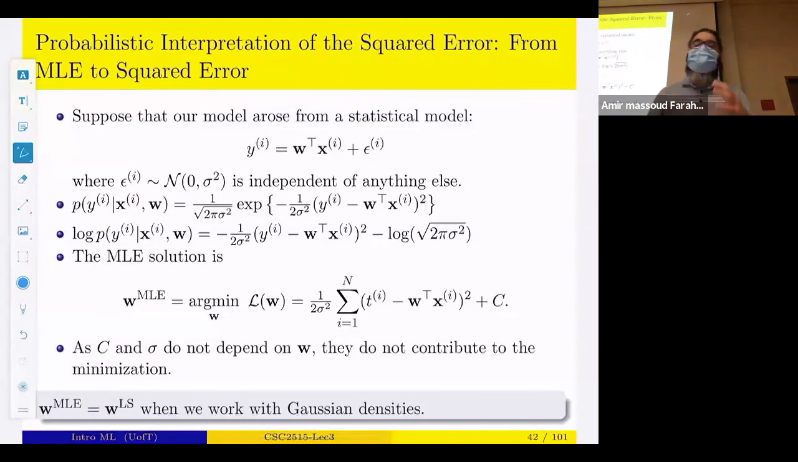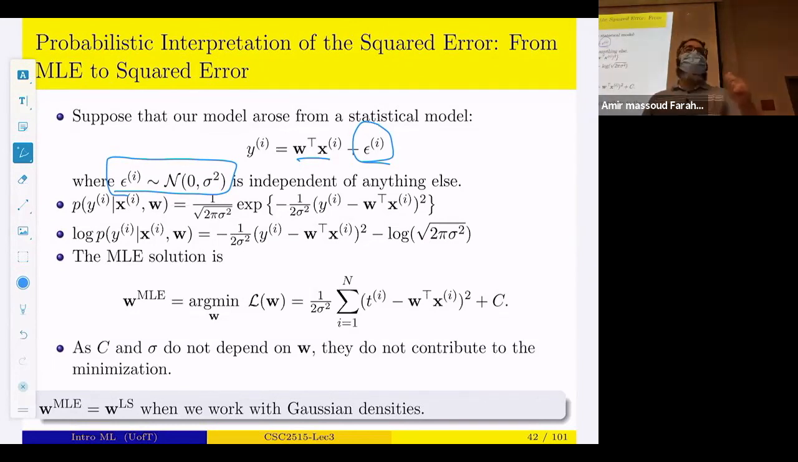So now we suppose that the model is, again, what we assumed a few slides ago. So it's a linear model with some Gaussian noise. So this is the Gaussian noise with mean zero and variance equal to sigma squared, which is independent of anything else. So noise I is independent from noise J, and also noise I is independent from input Xi. So if that's the case, then our model would be P of Yi conditioned on Xi, W would be some constant,